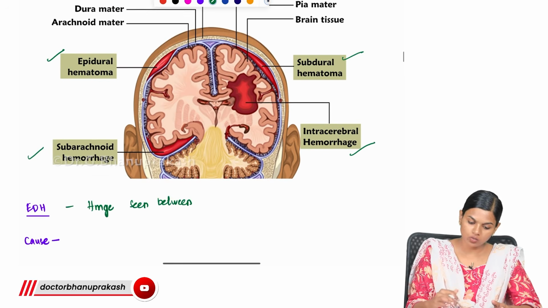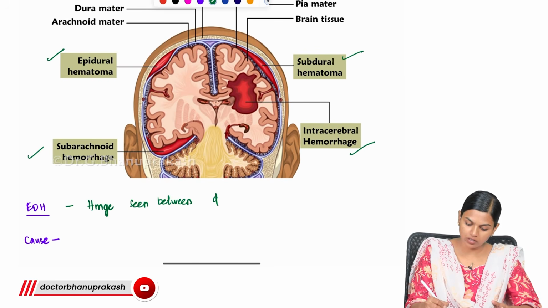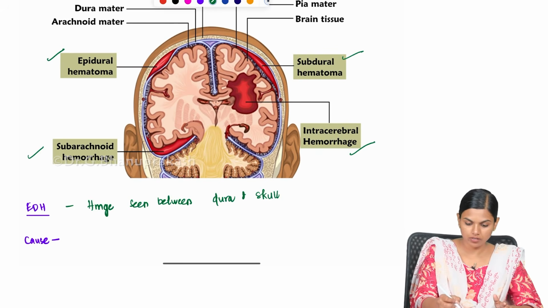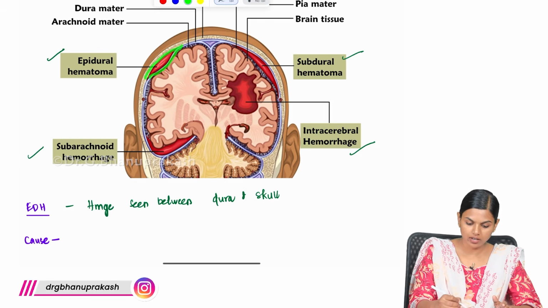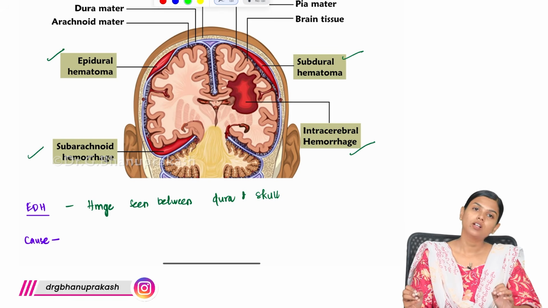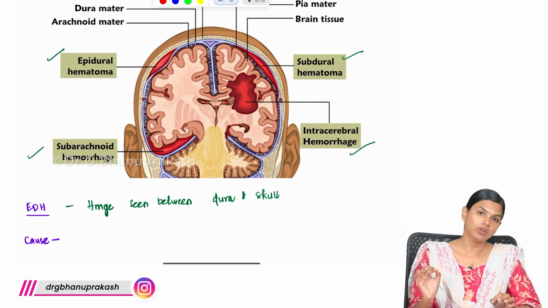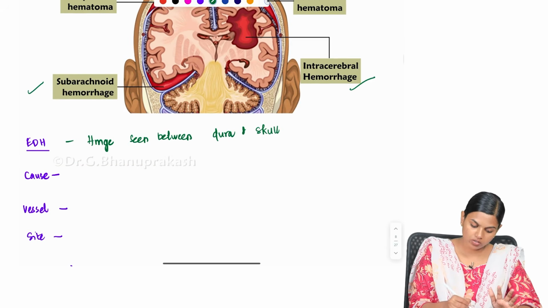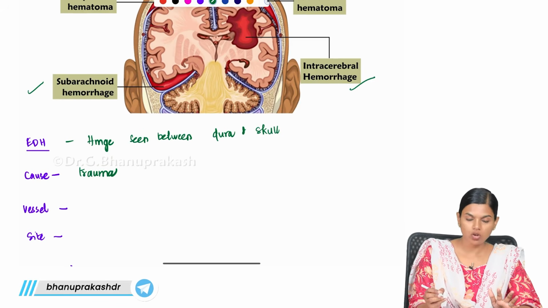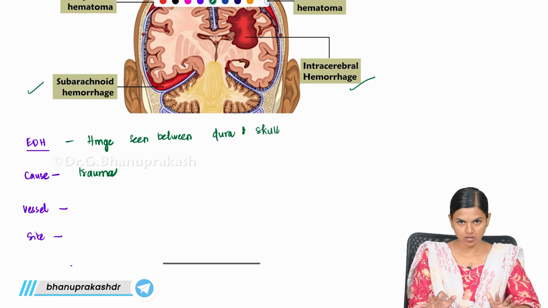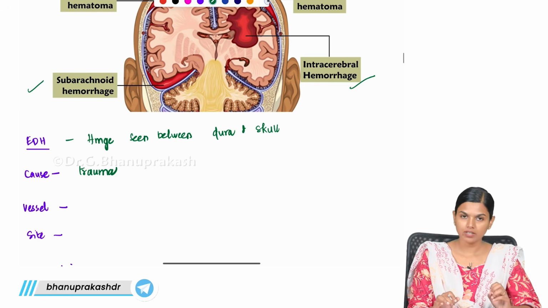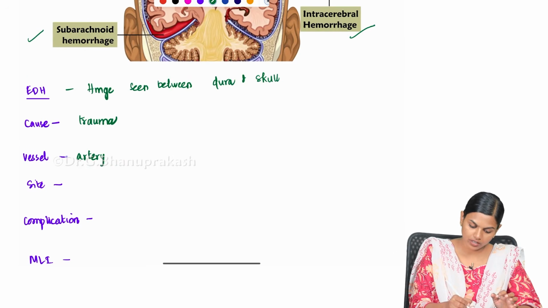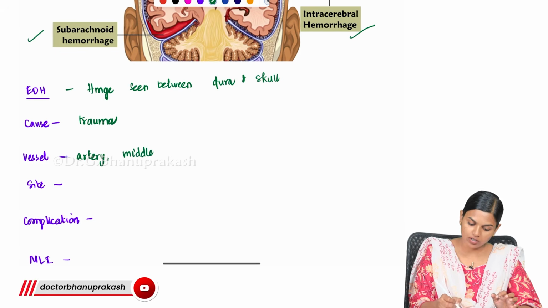here do you see this white layer, this is the dura, between dura and skull. So it is the outermost region between the dura and the skull where you are seeing this hemorrhage, and this is known as extradural hemorrhage. And this extradural hemorrhage is always due to trauma. Almost always, 90% of the cases, you get extradural hemorrhage because of trauma, and the vessel that leads to this hemorrhage is an artery, that is your middle meningeal artery,